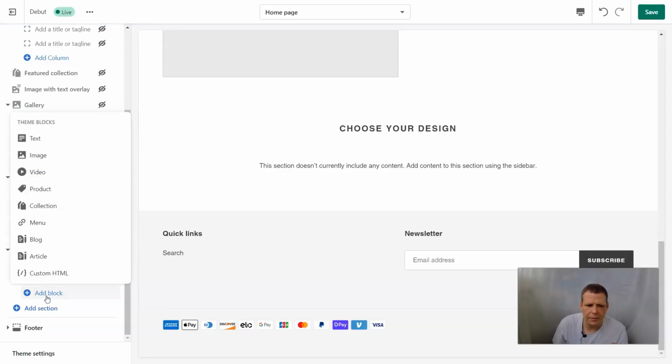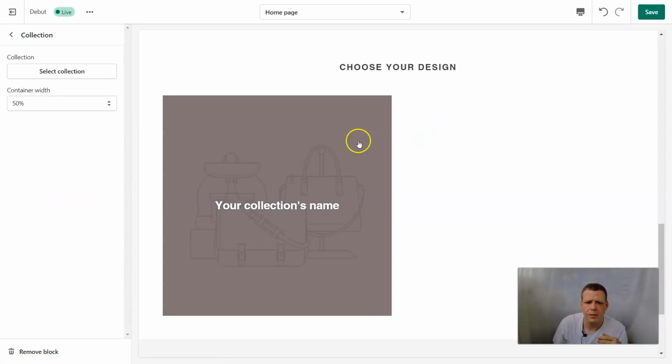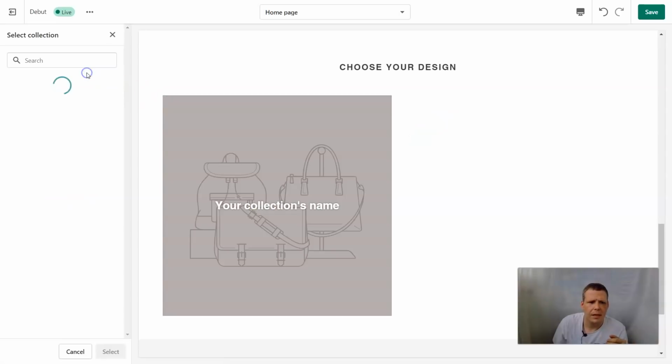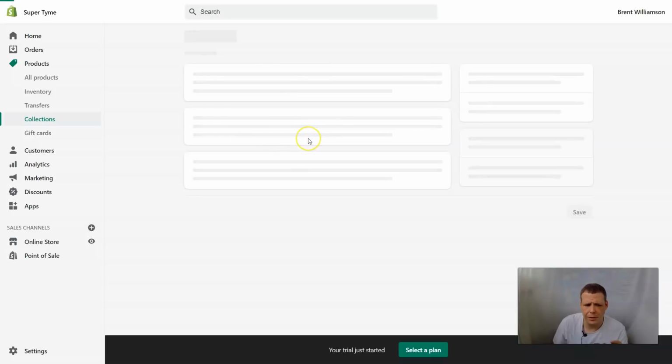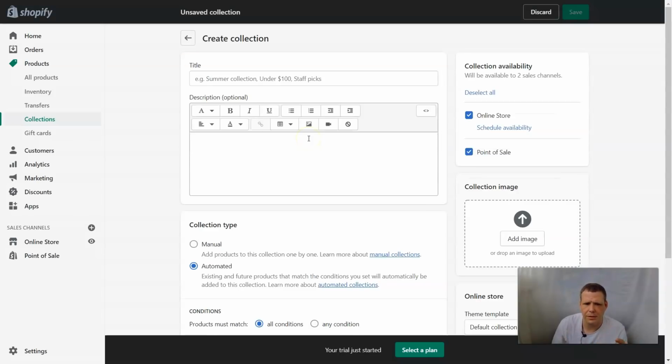I'm going to add a block. Now what block do I want? Do I want an article? Do I want pictures, a collection? So choose your design. I can actually make a collection. Right? So right here, your collection name. Select collection, and you can do this from create a collection. And doing so, we're going to be able to do the specific collection. So we can say summer collections under $100. Okay. Right, so let's talk about,